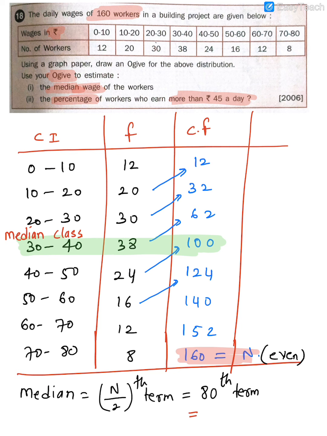So first thing, remember, very important: an ogive is a graph which is drawn between the CI and CF. Remember, not on frequency, it is with CF. A lot of innocent kids plot a graph of CI versus F and then they get it wrong. So it's always between CI and CF. Now, when you're plotting the points, you always plot the CF on the upper limits. Look, always on the upper limits, guys.